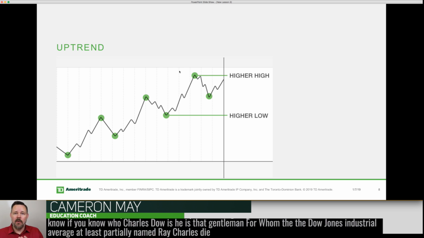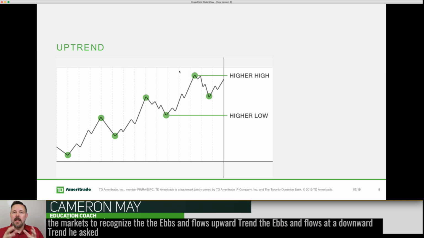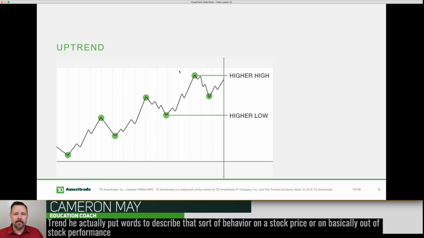But Charles Dow was very likely the very first technical trader of the markets to recognize the ebbs and flows of an upward trend, the ebbs and flows of a downward trend. He actually put words to describe that sort of behavior on a stock price, basically on a stock performance. And this is predating the introduction of charting